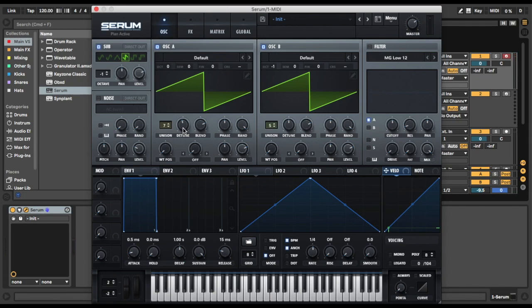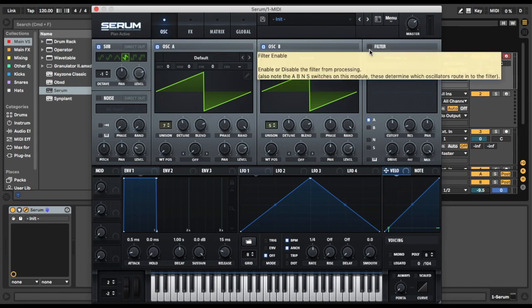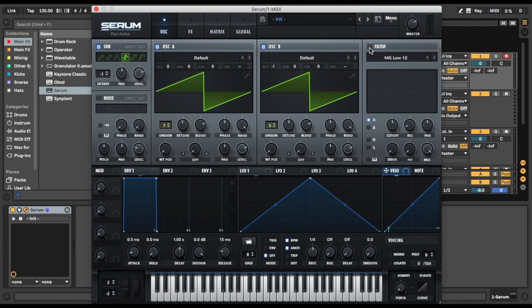But sometimes that can be a little bit harsh in a song. So what we can do is use the little filter box over here. This is Serum's inbuilt filter. We just click that to activate it, and here you can select your different filter types. For now, we're just going to press this button a few times to get to MG Low 24. Currently this is only affecting our A oscillator. What we want is for that to affect our B oscillator and also our sub oscillator. So let's select B and also select sub. Now if we play,